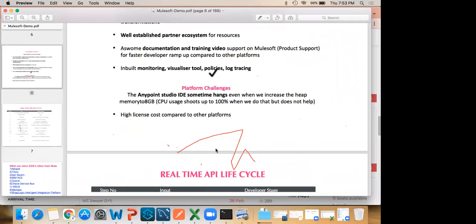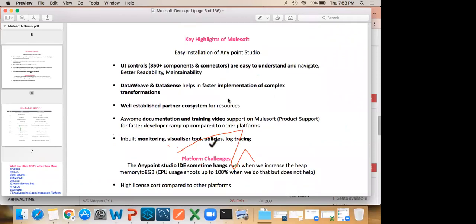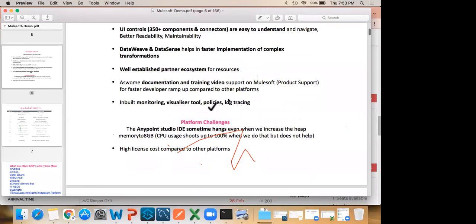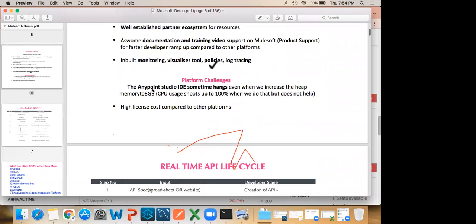Here, one disadvantage is there in MuleSoft. I cannot say this is a disadvantage, but sometimes we feel like this. We are using Anypoint Studio, right? For Anypoint Studio you have to use at least 8 GB. If you have 4 GB, it will not work.